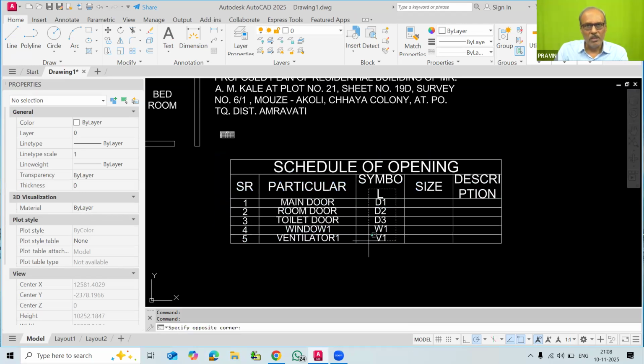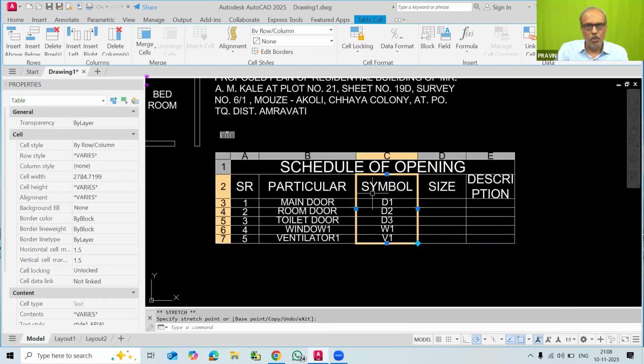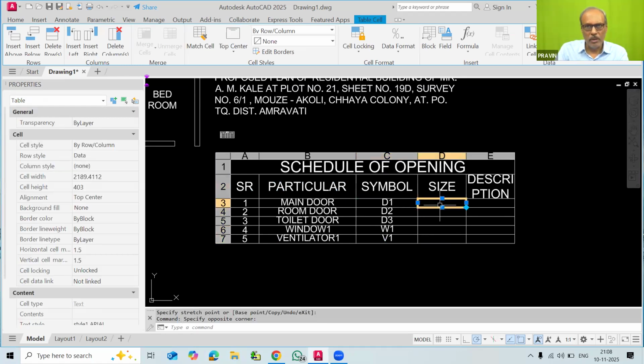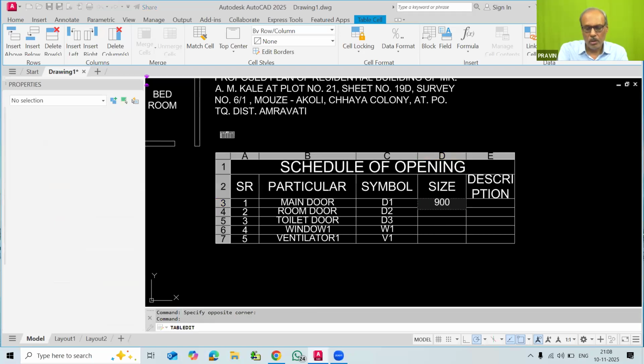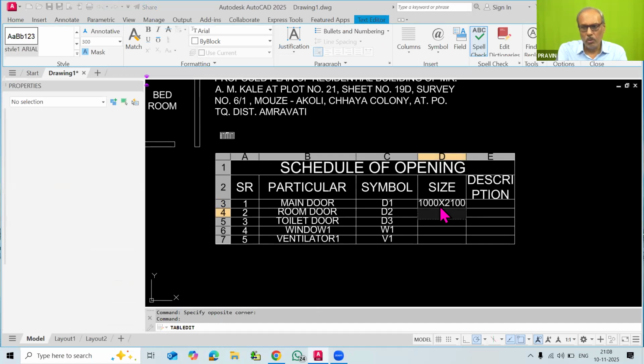So again, I will select this column and adjust it here, so that the symbol words fit properly. Now in the size column also, I have to type the size. So for the main door, it is 900 by 2100. Though all the sizes are in millimeters, you have to remember that.